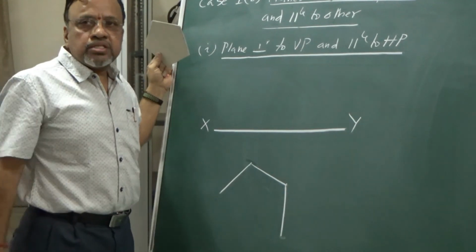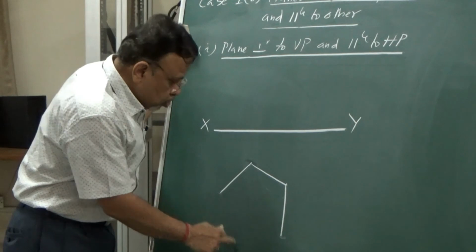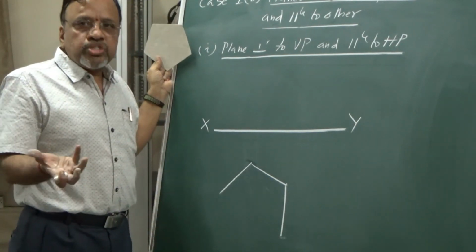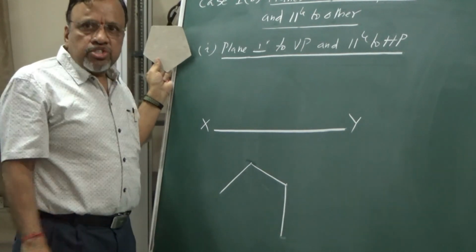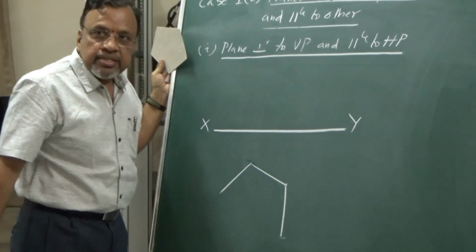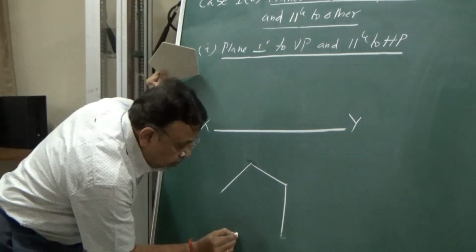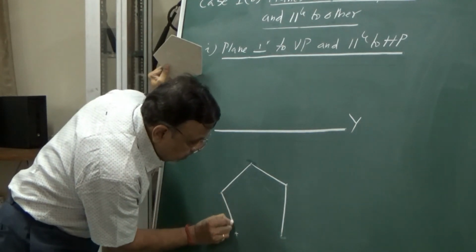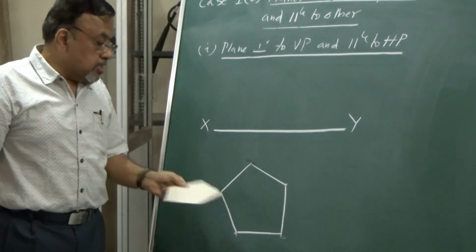Now I need to get the other two sides. How to get the other two sides? I can do it in two ways. One way is to consider this to be 108, 108. But since I want only those two sides, I can just use a compass. Take the radius equal to the side, that is 35 mm, and draw an arc from this point. Similarly, from this point draw another arc, so that I get this particular center point. Once I get this, I will complete this. So as you can see, this is the construction of a pentagon.